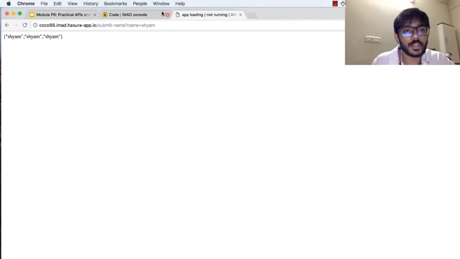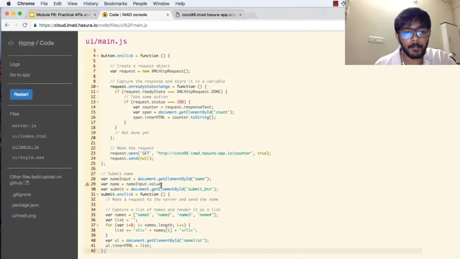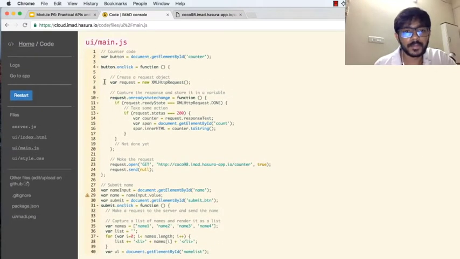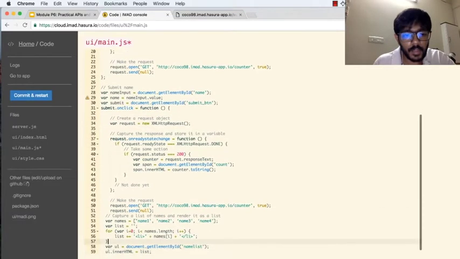And so we see that it's working. We're getting Sham. Let's change this to Ram. We're getting Ram. And then let's get something. And so it's working, right? So now we have our URL endpoint, which takes a name and which returns a list of names. So let's add that code to our main.js. So I'm going to copy this code from here. Right, and what we want